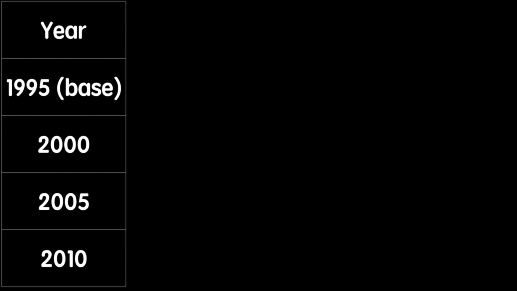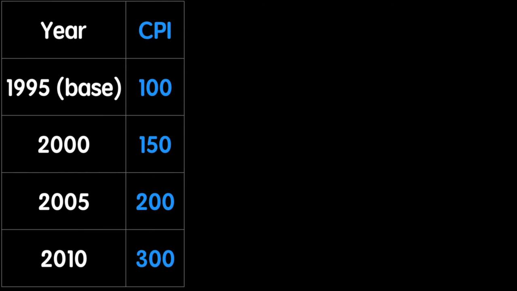By looking at CPI over the years, we can calculate the inflation rate. In this table, we will lay out the same years and the CPI we calculated for each year. As we are always comparing to the base year, we will also calculate inflation for each year compared to the base